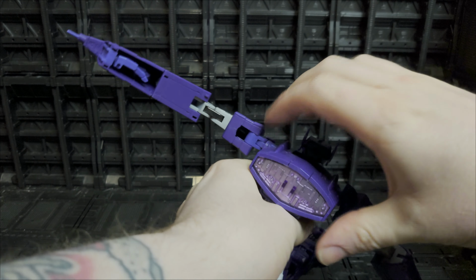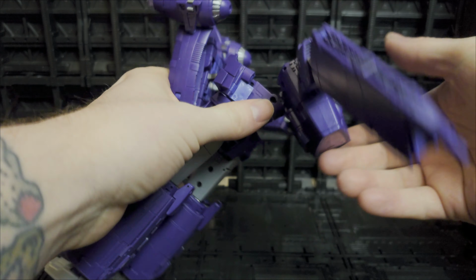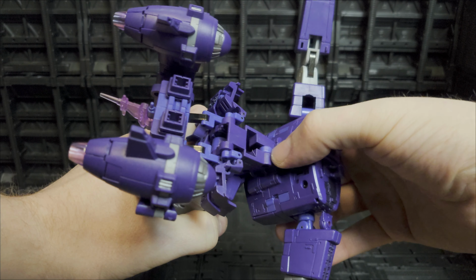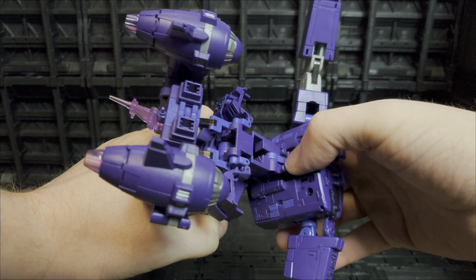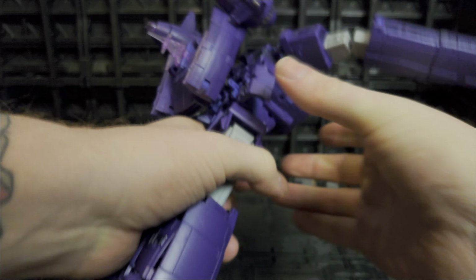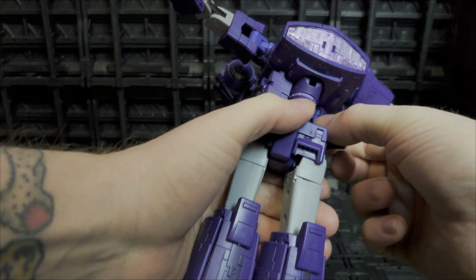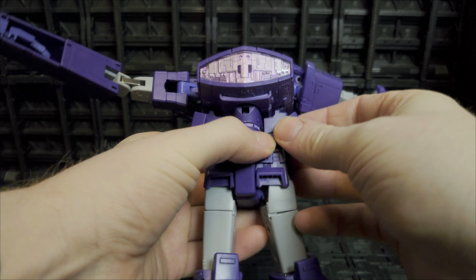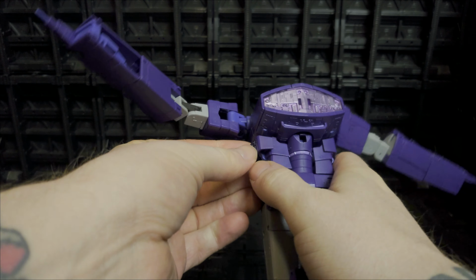And there we have the chest, classic looking Shockwave chest there. This section here, which is one of the only actually plastic hinges in the whole thing, still quite sturdy, but one of the only plastic ones. Hinge the whole body back. These two sections here, they go in. Once these two sections are up, you just put this up like so, and you put this up like so,